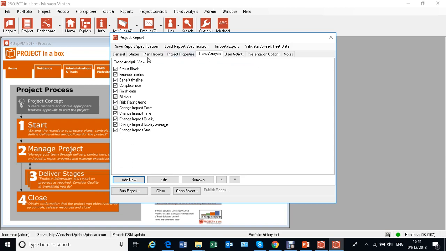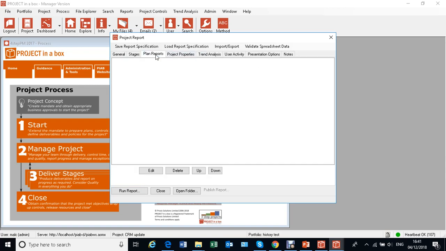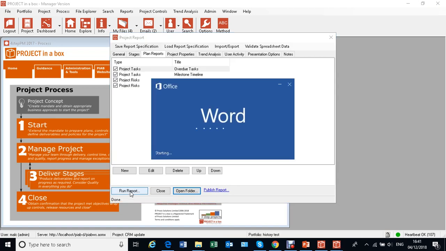You see it's using a lot of trend analysis elements, but it's still using some of the other standard elements as well. And this is going to do a review of this project and drop it out to Word for me. The sort of thing you might do as a stage gate review when you close down a project, or on an annual basis. Some long-running projects and programs, people do have annual type reviews of projects, and that's what this is aimed at. So as that loads up in Word, we'll see a whole range of these things we've just